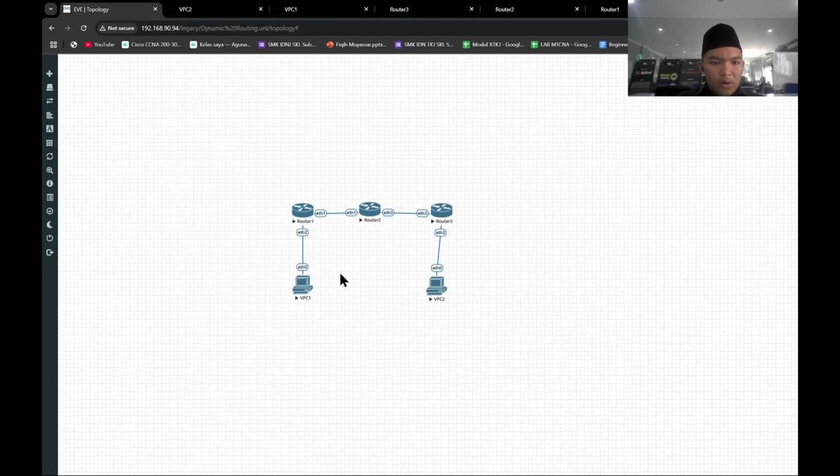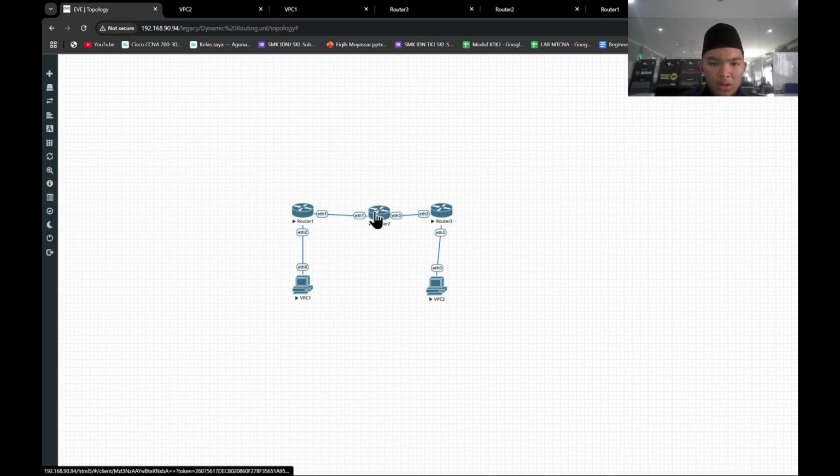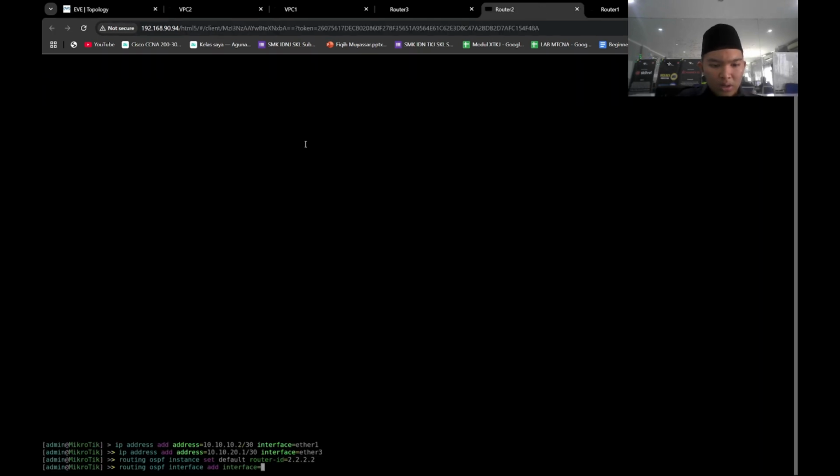Because in router 1 there's only ether 1 and ether 2, we add ether 1 and then ether 2. Okay, we move to router 2, same like router 1: routing OSPF interface, add interface. In router 2 we only use ether 1 and ether 3, so we add ether 1 and ether 3.